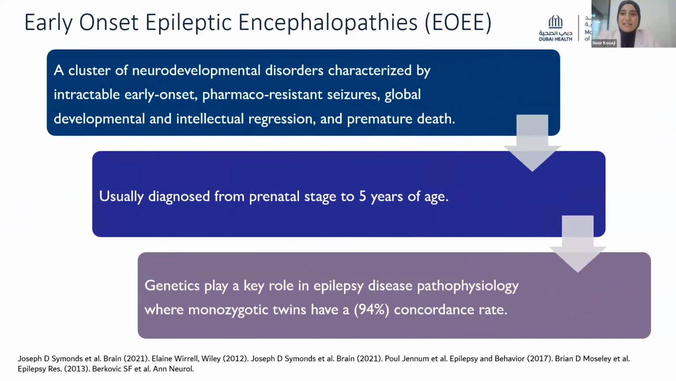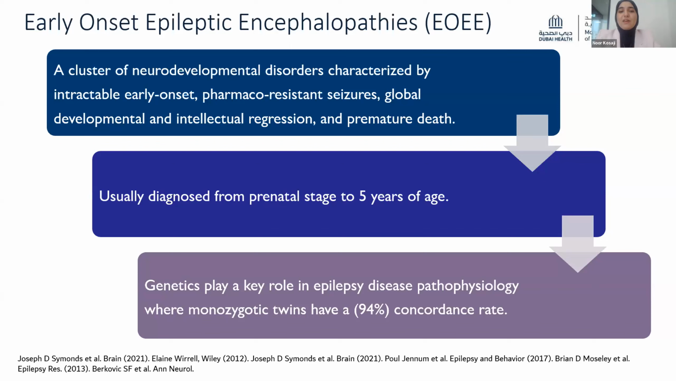A quick introduction to the topic. Early onset epileptic encephalopathies are a cluster of neurodevelopmental disorders characterized by early onset pharmacoresistant seizures, and they tend to overlap with a variety of neurodevelopmental disorders, including global developmental and intellectual regression, and most devastatingly, premature death. Now, EOAE is usually diagnosed from prenatal stages up to 5 years of age, and we know that genetics play a very important role in the disease pathophysiology based on research that proved that monozygotic twins have a 94%